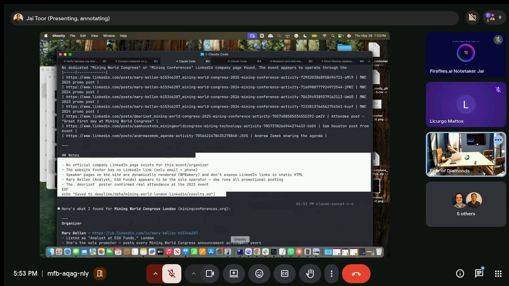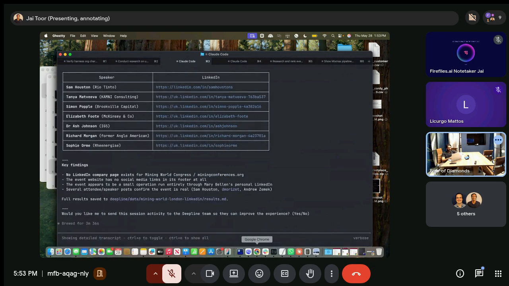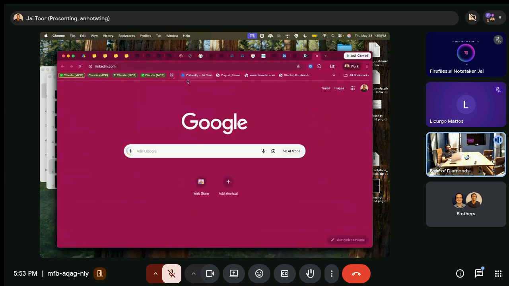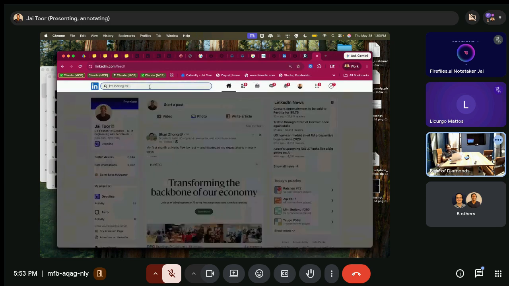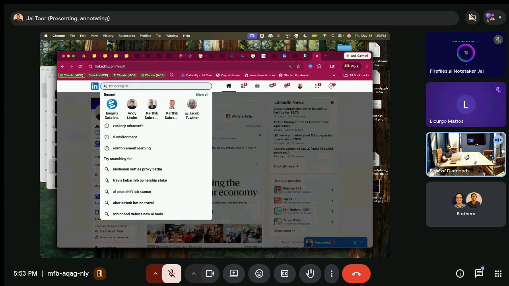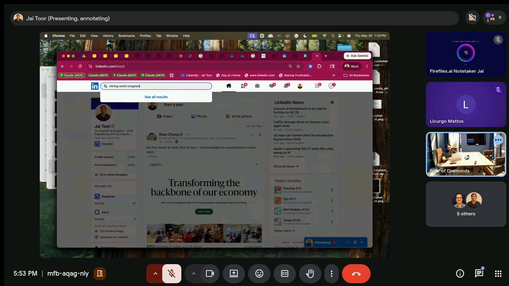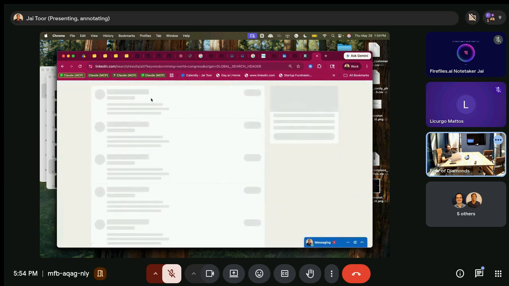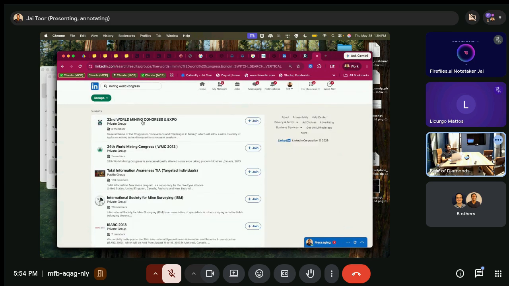Generally find it. The other things you can try are if there's a LinkedIn group or Eventbrite, anything like that. So what would an example be here? Mining World Congress. Groups. 2026.